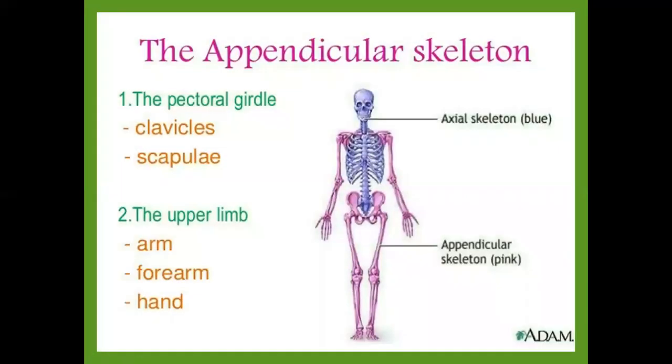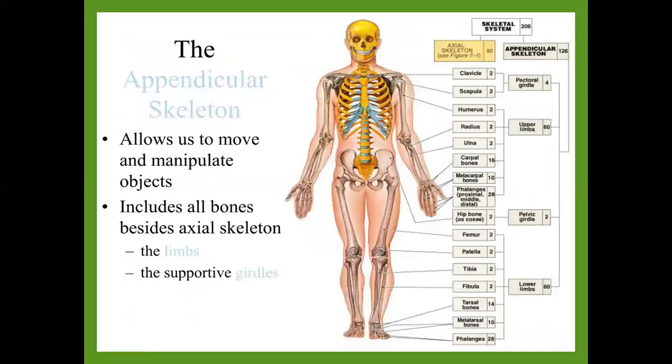Okay. Now, next is the appendicular skeleton. This skeleton is composed of 126 bones. These bones are composed of the pectoral girdle and also the upper limb. Now you can see here the distribution of the bones. I told you it consists of how many bones? 126 bones, and these are the pectoral girdle and